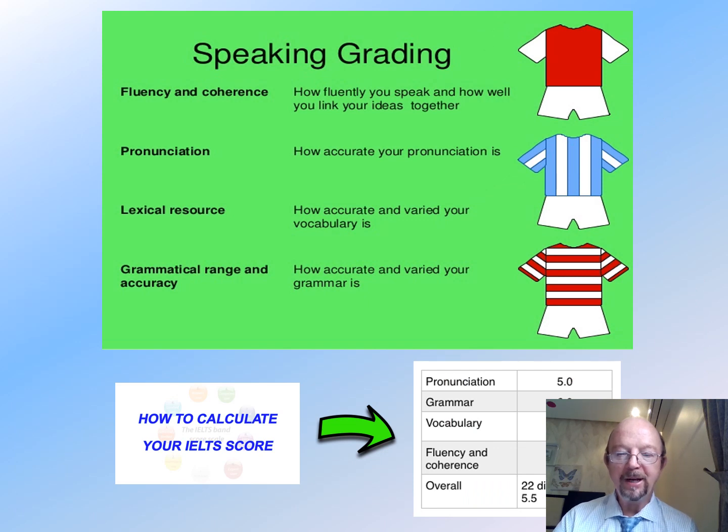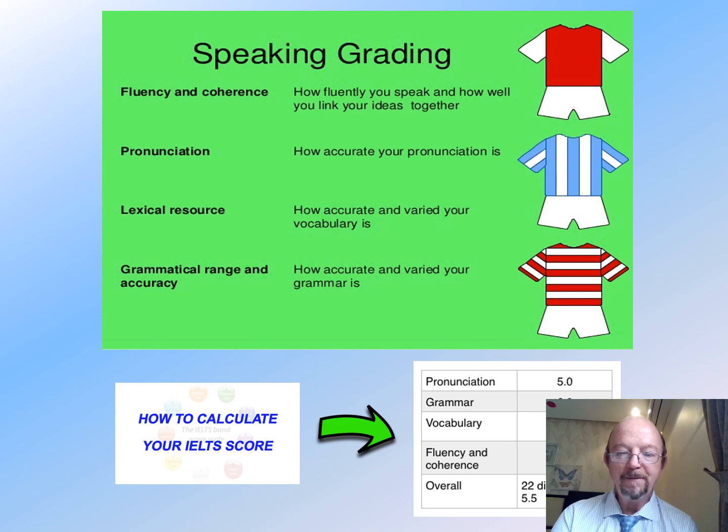So, how do you get graded in speaking? Of course, earlier we referred to how a person gets graded in writing, which was the vocabulary, the grammar, the task completion, and cohesion and coherence. In this case, of course, we still have the lexical resource, which is the vocabulary. We still have grammar, but because this is a speaking exercise, they will also listen to how you pronounce the words,